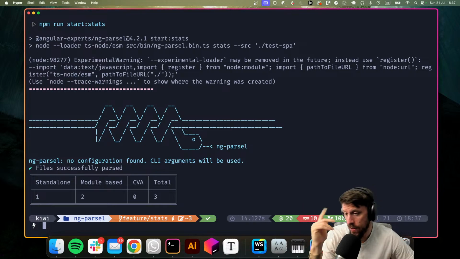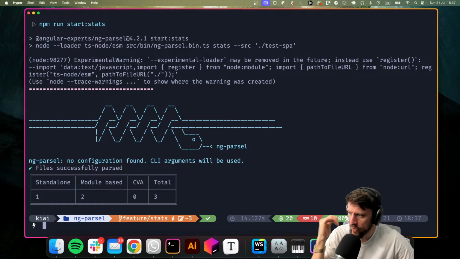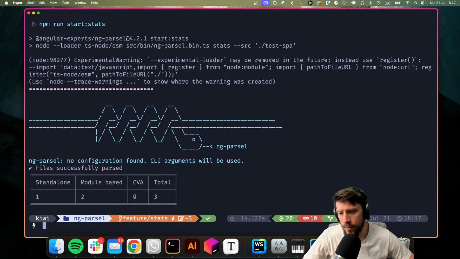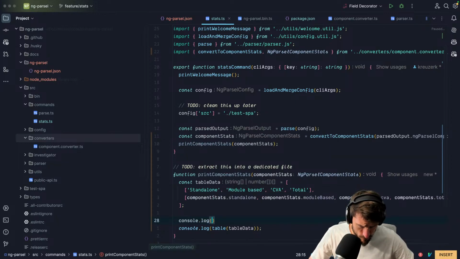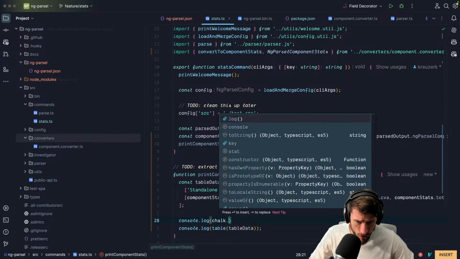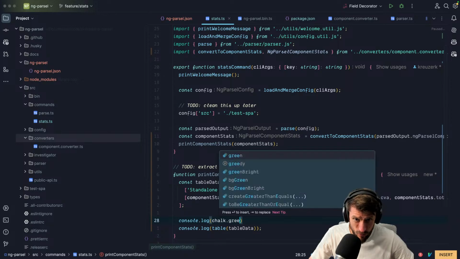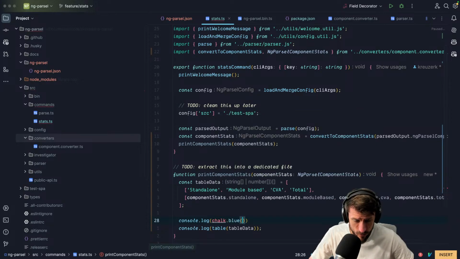So we have one standalone, 2 module based, 0 control value accessors, and 3 total components. Maybe we should then also do, before we print that, a console log, maybe chalk.blue. Let's go with blue. And maybe we print like,